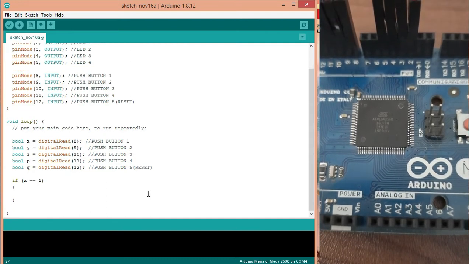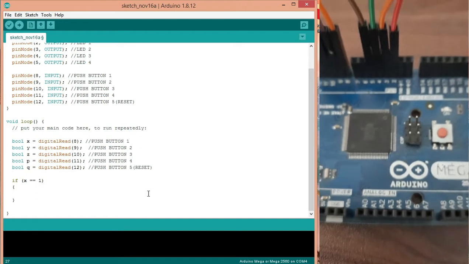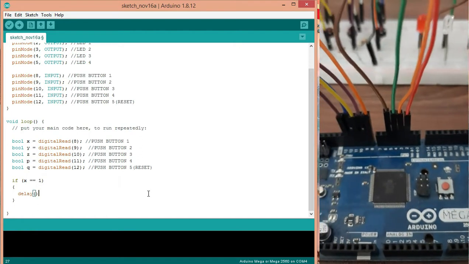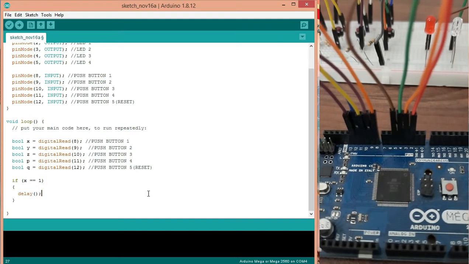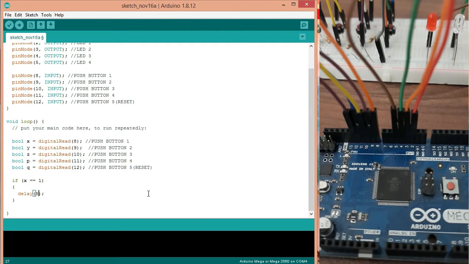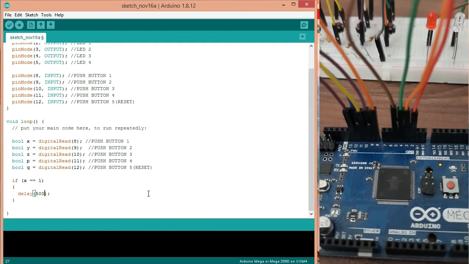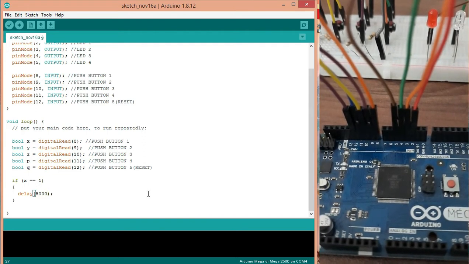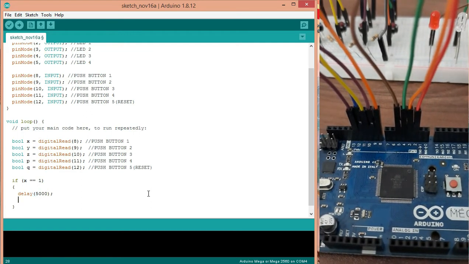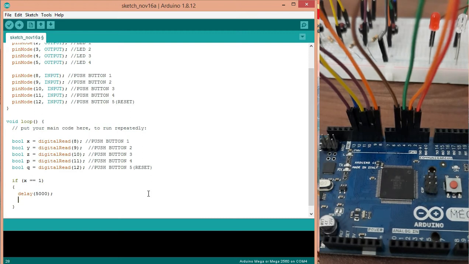Then we will set a delay. We are using the logic of 5 seconds. This delay works in milliseconds. 1000 milliseconds equals 1 second, so 5000 milliseconds will be 5 seconds. So delay.